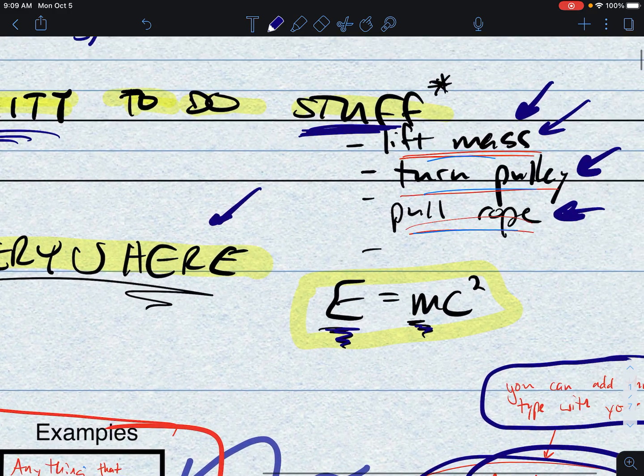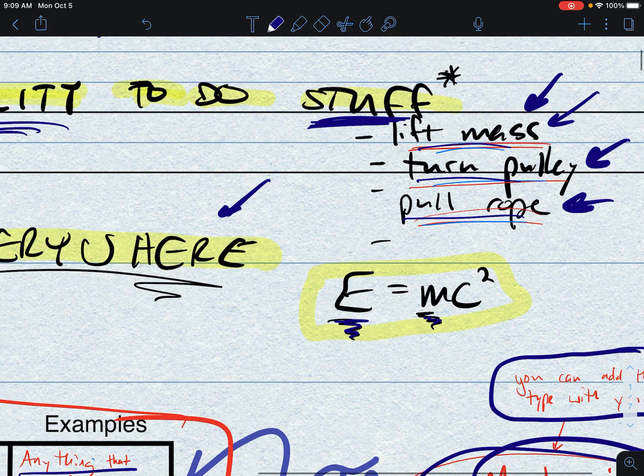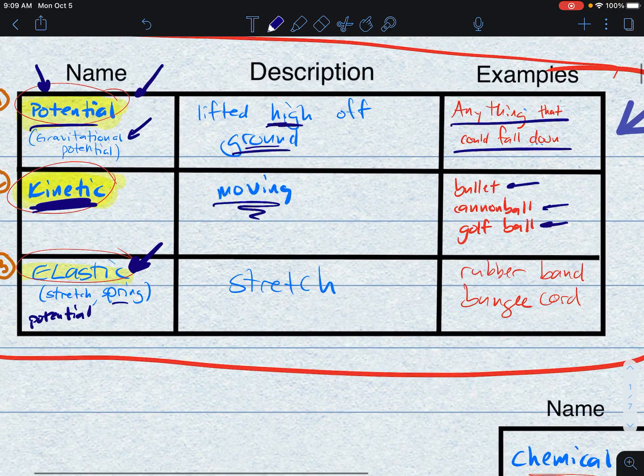If an object is moving, it has the ability to do stuff. If you think about this, if it's moving, you could tie a rope to it, make it turn a pulley, spin a turbine. You could have it lift something up a hill. Because the object is moving, we say it's got a certain amount of kinetic energy. And the last one, you can do this. You can throw an object. Therefore, you can give it movement. Therefore, you can give it kinetic energy.